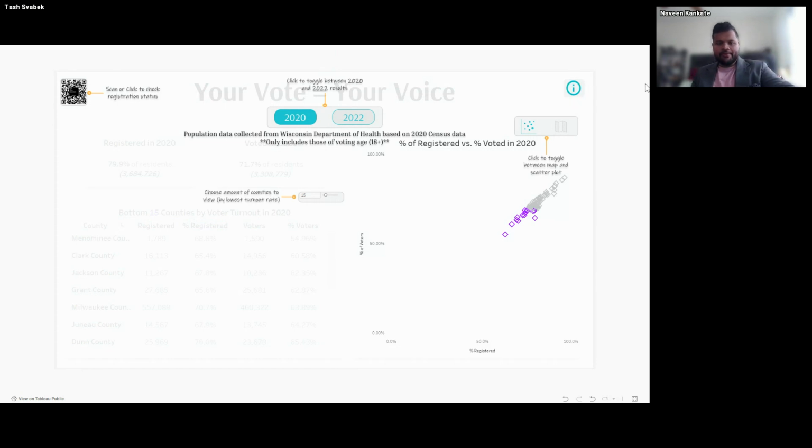Yep. So clicking on the information icon brings up the supplemental data, where she used population data of 18 plus residents collected from the Wisconsin Department of Health, based on the 2020 census data. So she just added a little explanation of where she got that from. So if we click off of that,